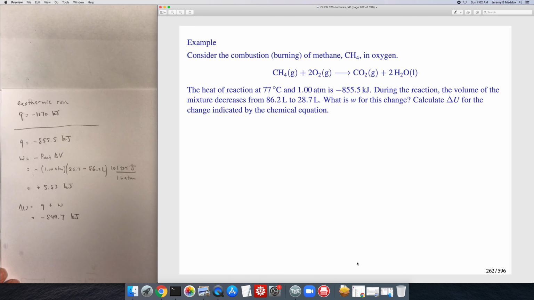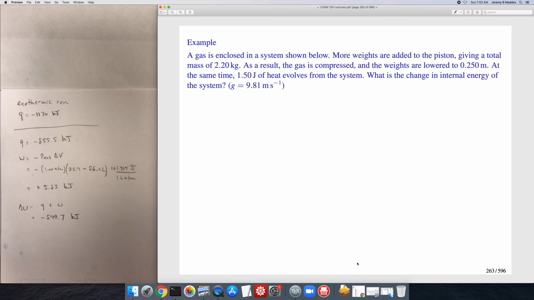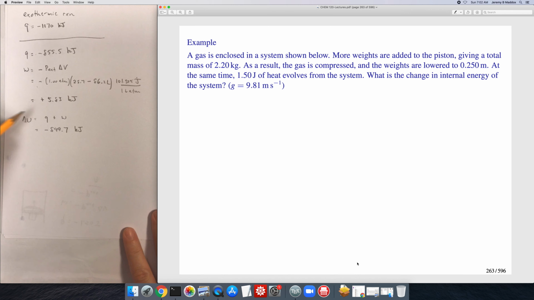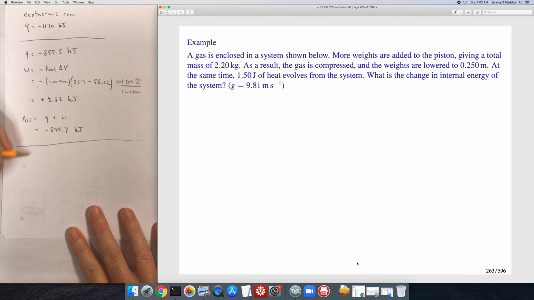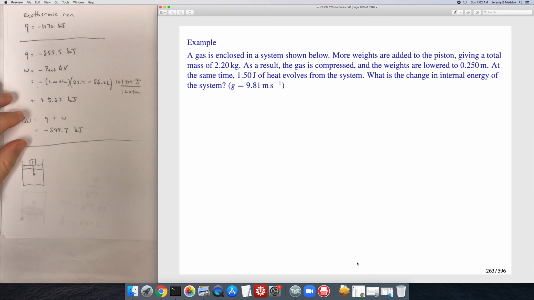I believe we have a second example. This one's a little bit more physicsy, if you like. So we've got a gas that's enclosed in a system. It's basically a piston, okay, and it has some mass on top of it. And once you add the mass, what happens is the volume decreases. So we're doing work on the gas that's inside this piston. They want us to calculate the